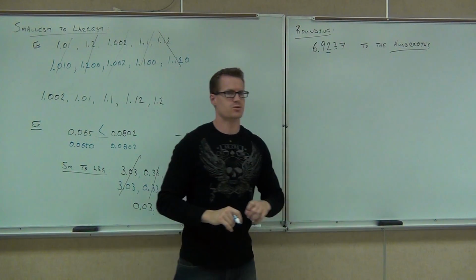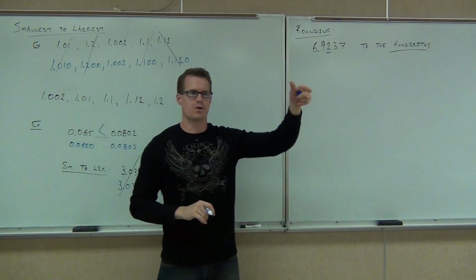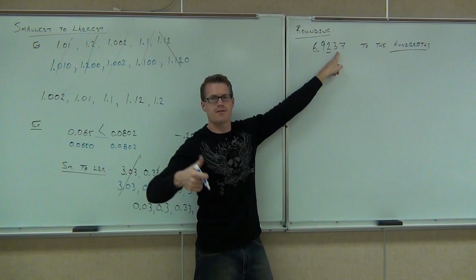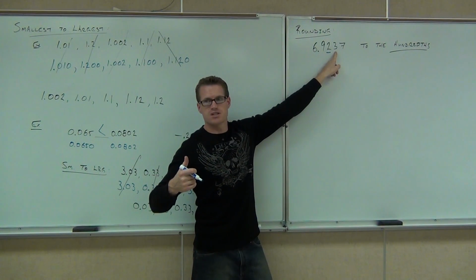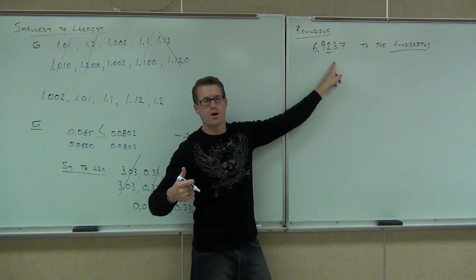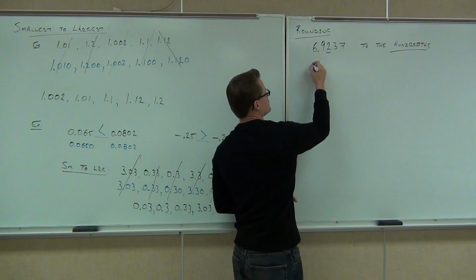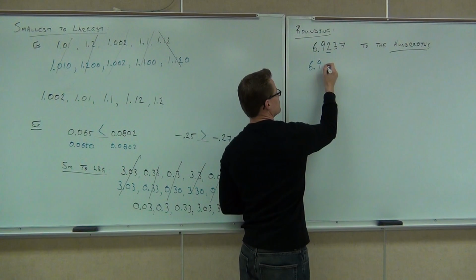How you round things. There's a refresher course for you. You look at the digit to the right. Not all the numbers, just the digit. That means the 3. If this number is 5 or more, you raise this. If this number is less than 5, you leave this alone. Are we going to raise the 2 up or leave the 2 alone? Leave it alone. So you're going to get 6.9